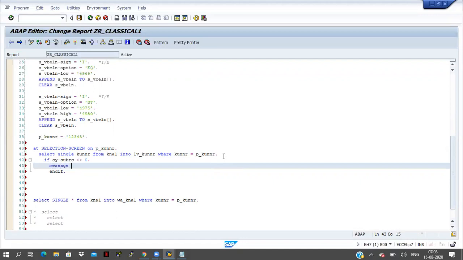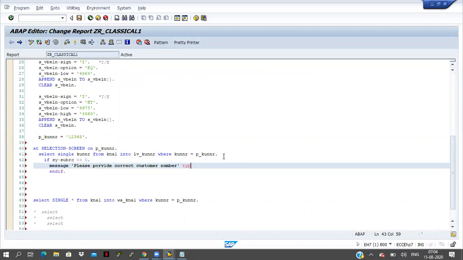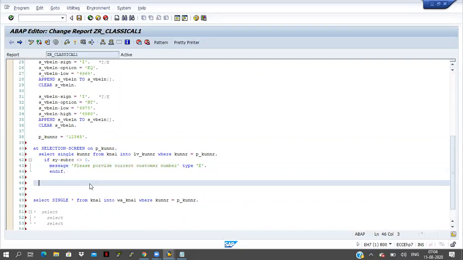Message 'Please provide correct customer number', type E. Now what I'm doing here, just save it, check it, and activate it.